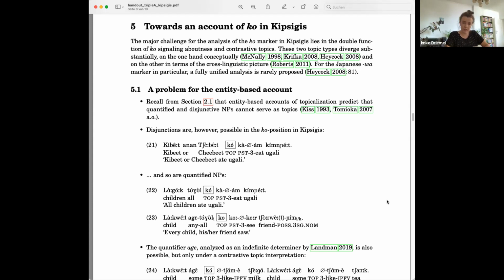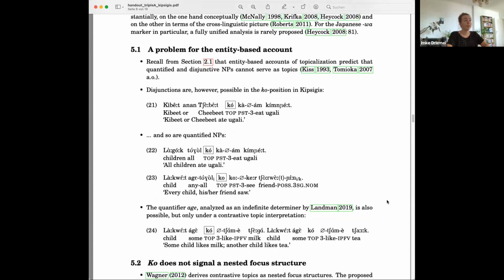And while we have not fully developed an analysis yet, I think we are ready to make some points concerning the data and distinguishing between different theories of topichood. So the first problem we want to point out for an entity-based account is based on a prediction it makes with respect to what makes a good aboutness topic. So recall that quantified and disjunctive NPs cannot really serve as good topics in Hungarian and Japanese, but they can